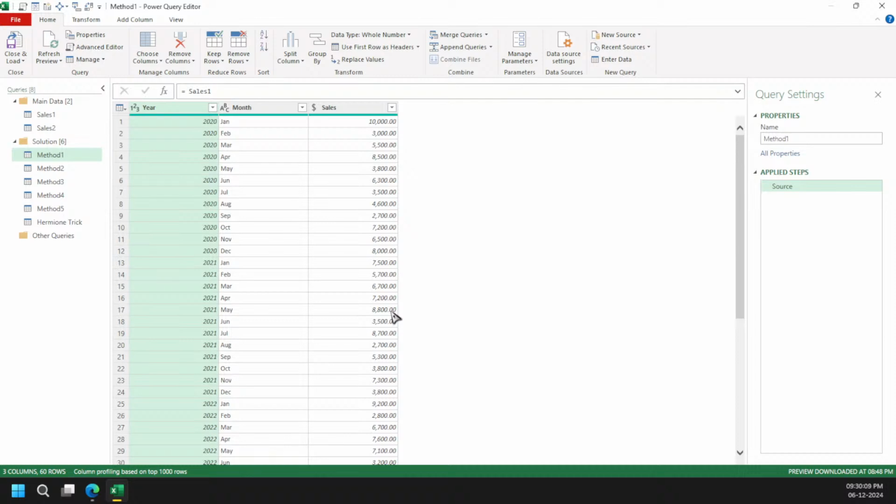And so today the topic of the live stream is sorting of months in Power Query, because many times we face this issue one way or the other. By default, Power Query sorts the months in ASCII format, like the alphabetical order, you can say in the dictionary format. So that's how Power Query sorts the data. Let me tell you what I mean.